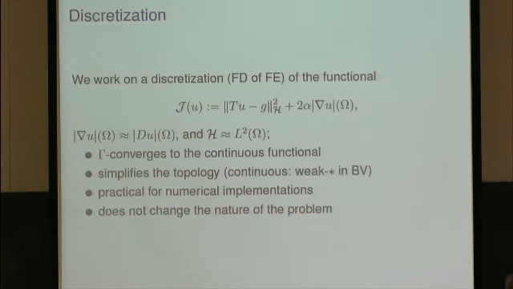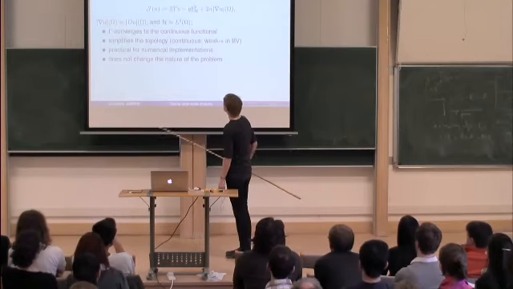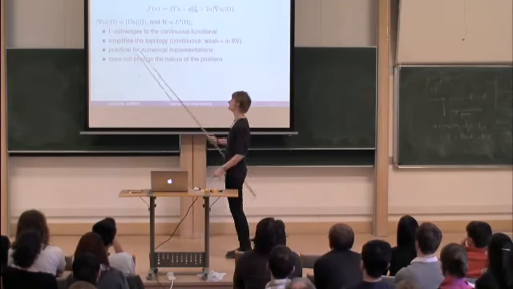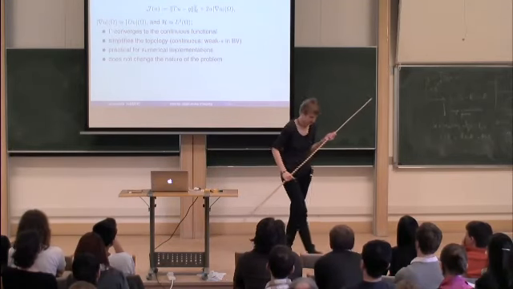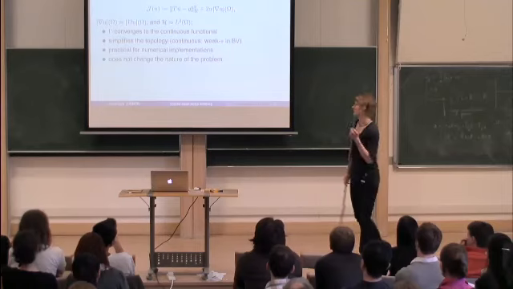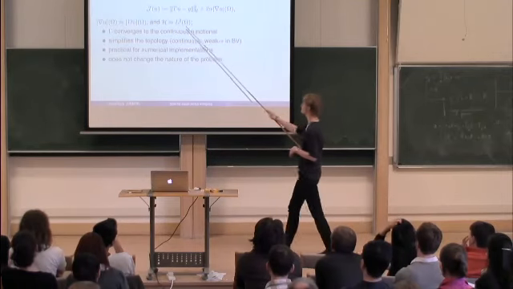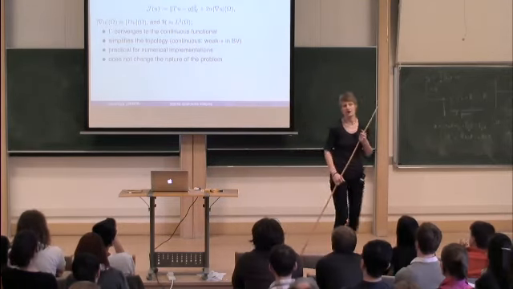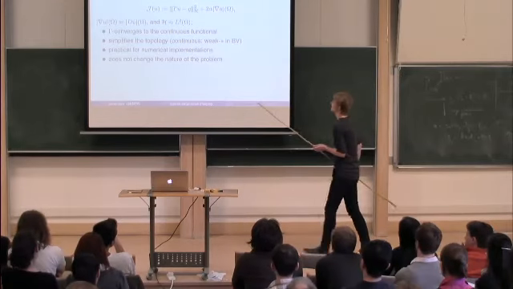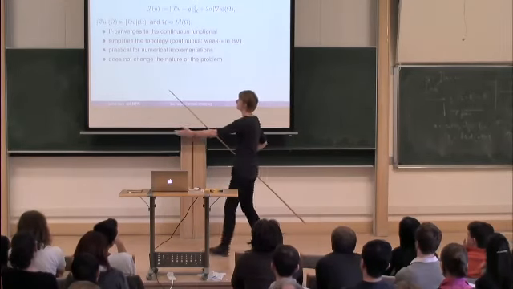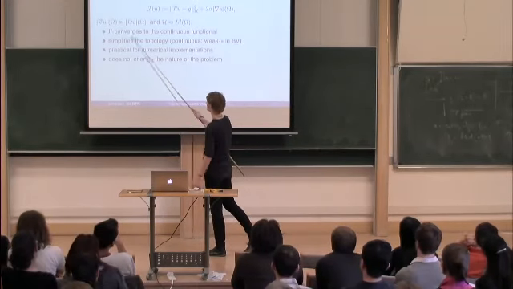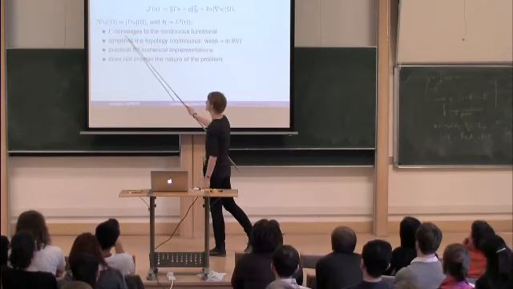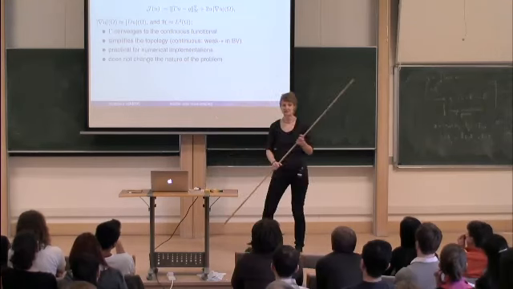In numerics, for example, we only consider the finite dimensional case anyway. And the other, maybe nicer justification is, whatever we can prove for this functional J in the discrete setting, in some sense also goes over to the continuous setting, because we have a terminology which justifies this,